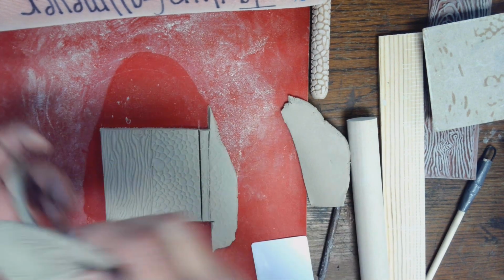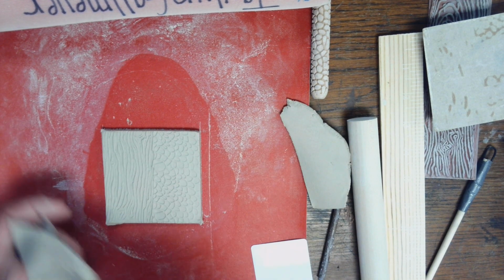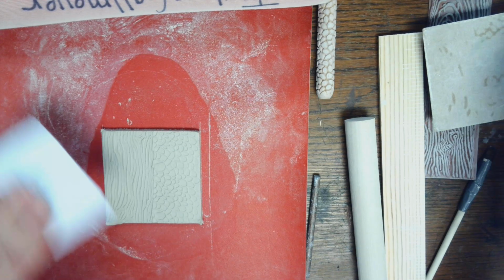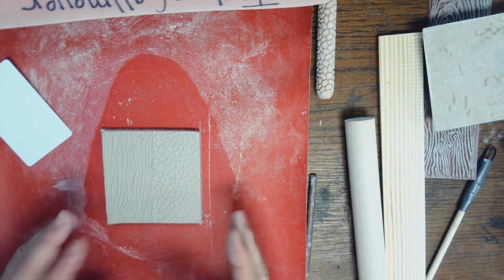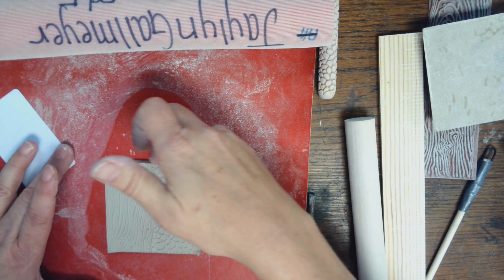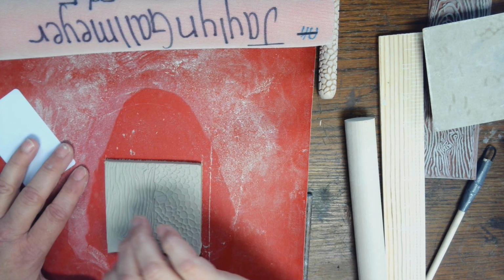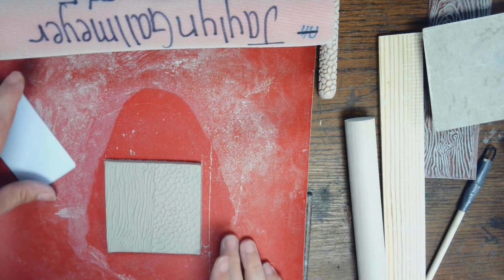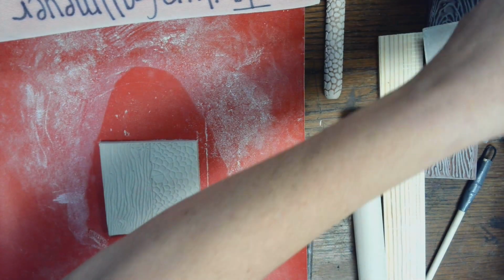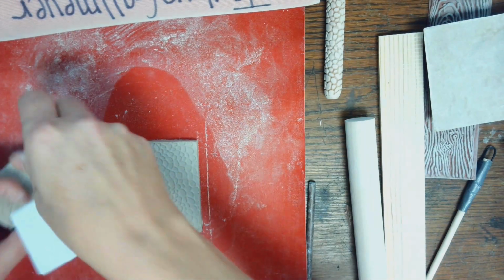And then I remove that excess clay, and I'll be able to re-knead that and use that clay again. If it's getting a little dry, just wet it down a little bit, put it back in your bag. And I can take my fingers or a damp sponge and clean that edge a little bit, or I can use my card. You can also, I'll show you just as an example, you can also,